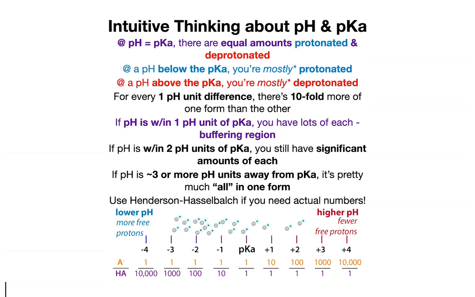And if we go the other direction, below the pKa, there are more protons available. So now we have the opposite situation. We're going to get tenfold more of the protonated form, and then 100-fold more, and then 1,000-fold more, and then 10,000-fold more. So if we're a couple units away from the pKa, we don't even need to use the Henderson-Hasselbalch equation to know that almost all of it is going to be in one state. But we can use the Henderson-Hasselbalch equation, and we will use the Henderson-Hasselbalch equation